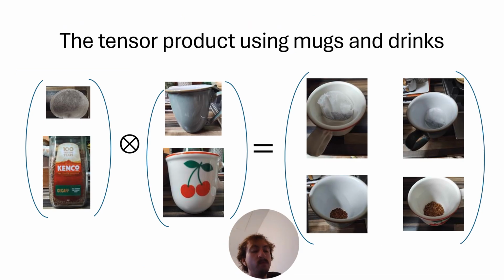So here we can see visually represented what I was saying. Now, due to taking photos and wanting to keep the images clearly visible, unfortunately the small mug ended up looking a similar size to the big mug. But the mug with the cherries, with the red ring at the top, that's actually the small mug, and the greenish mug with the green handle, that's the large mug. So we can see here we've got